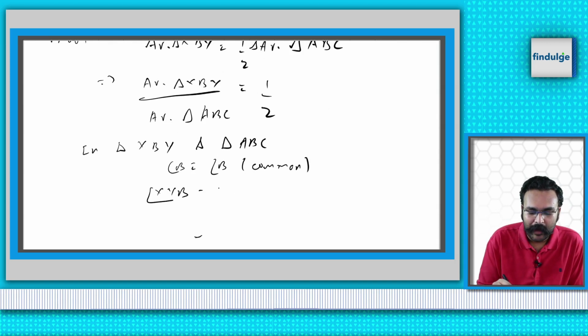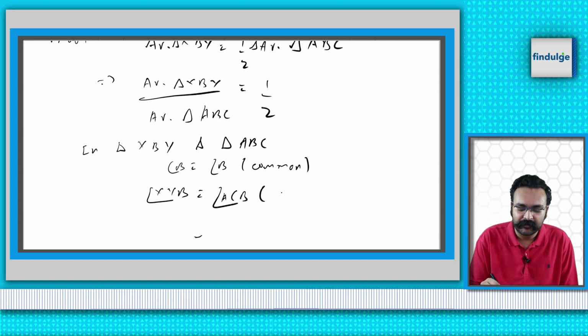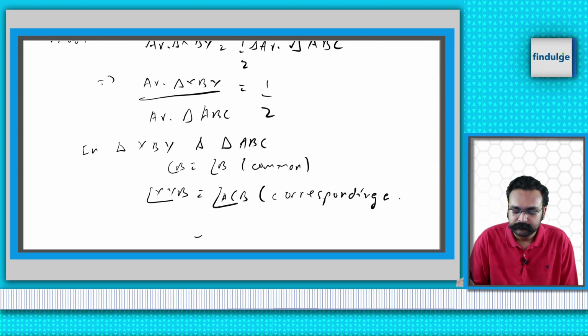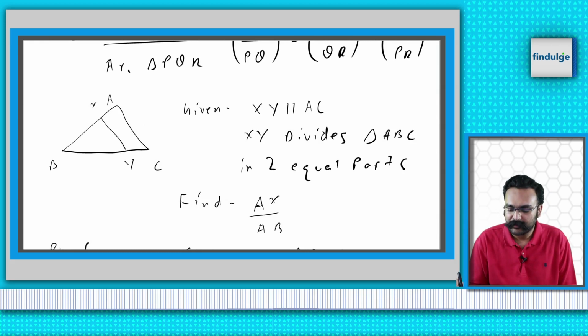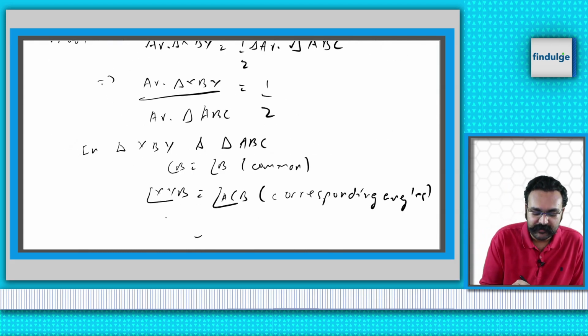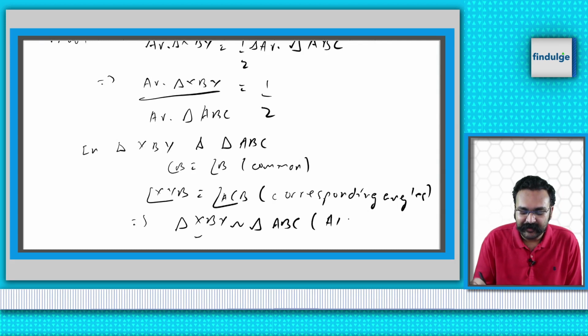XYB equal to angle ACB, because they are nothing but corresponding angles of parallel lines. Corresponding angles. Right? Because obviously if XY is parallel to AC, angle Y and angle C are corresponding angles. Now they're corresponding angles, and therefore this means that triangle XBY is similar to triangle ABC by again AA similarity,